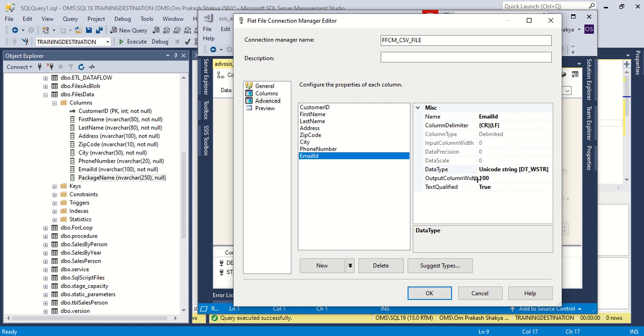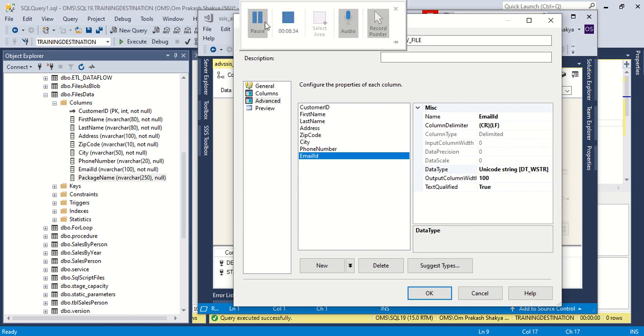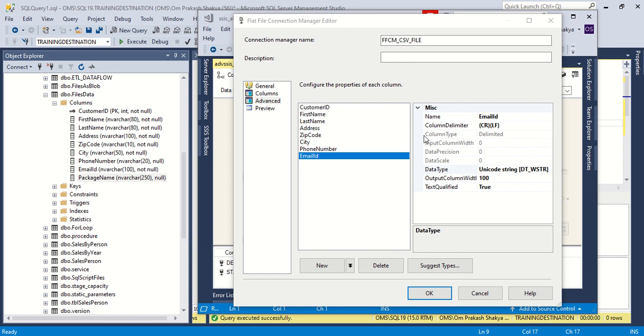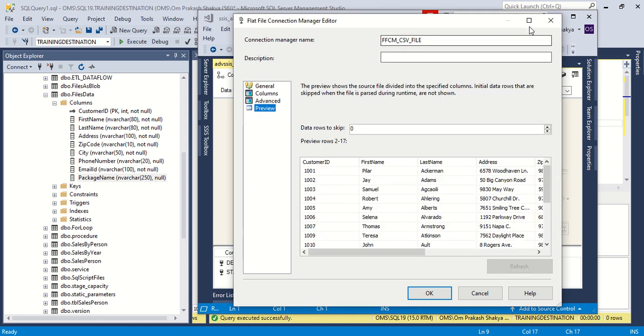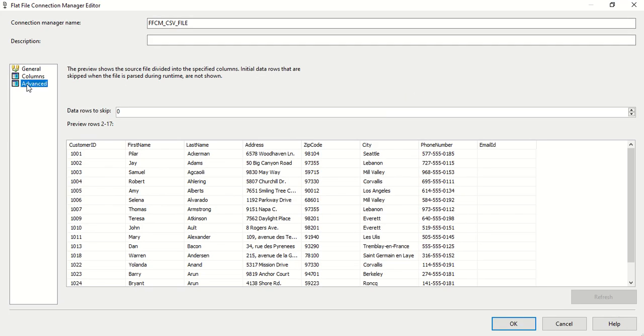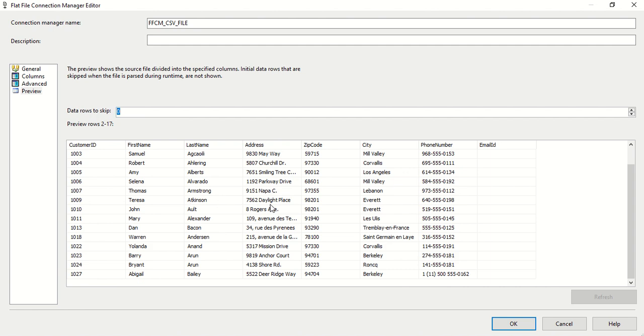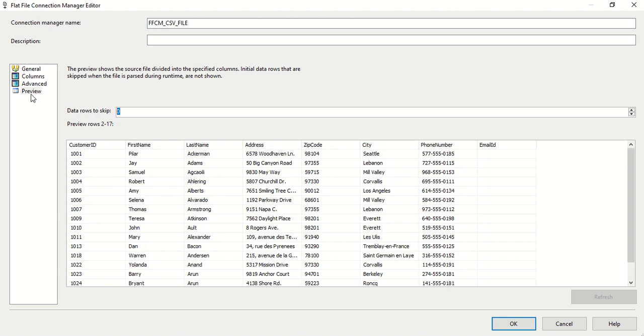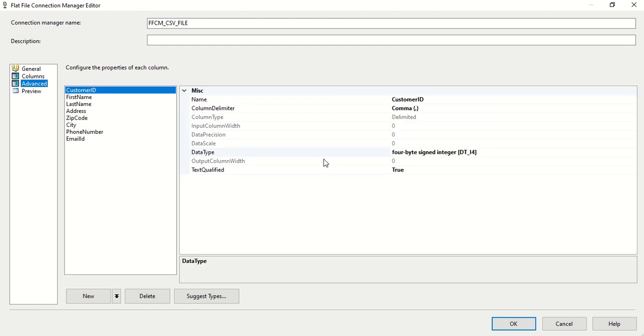So WSTR and 100. In table, we have an additional column, package name. But in our flat file, we do not have this column. So we will derive this column further down the data pipeline. So this is how we can then preview the data after performing these advanced operations. It displays some data as a preview. We can skip any rows there if we want. Otherwise, this is the preview of the data after applying the data type conversion